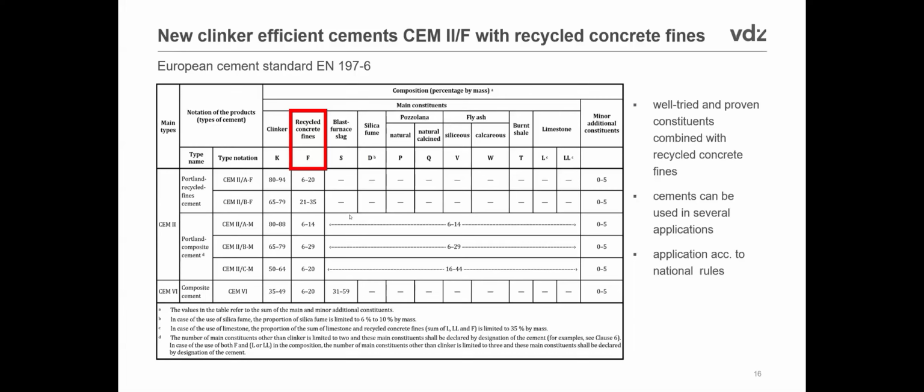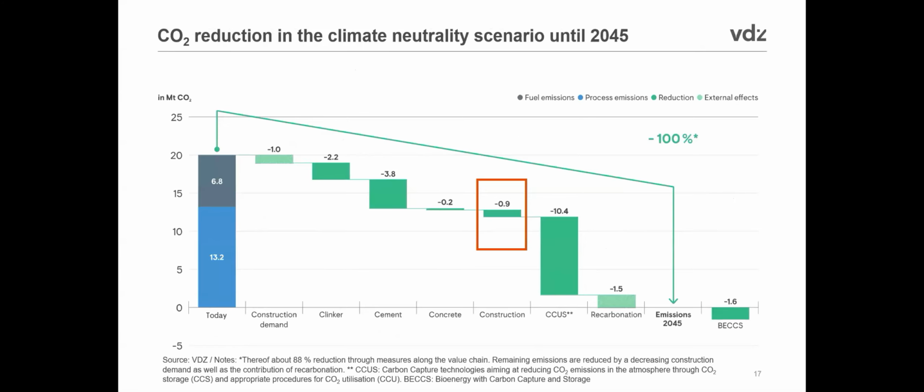First, because we use less clinker in cement. Second, because the concrete fines here can absorb CO2 and allow us then to have a positive impact on the full value chain of cement and concrete. Now, if we go back to